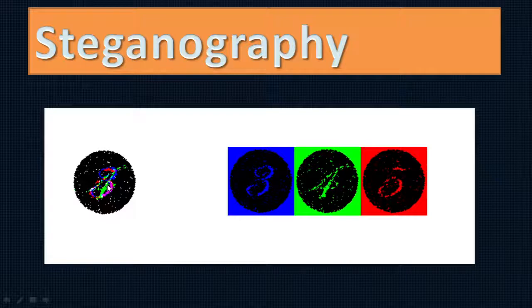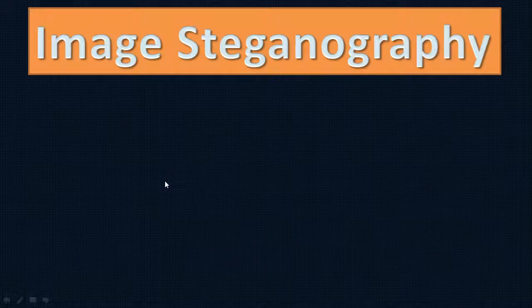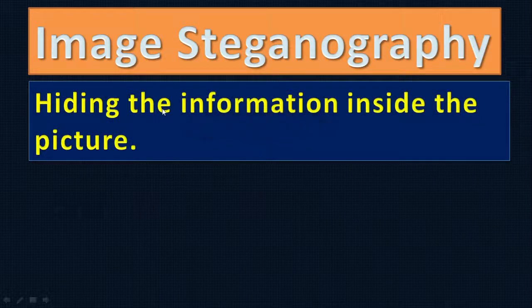Earlier, people used invisible ink. They wrote on some paper in a way that is not visible, but when you put it into water it becomes visible, or when you spray something on it, it becomes visible. So you need to do something to reveal it. This is what steganography has been for a long time. But now we can talk about image steganography. You can hide the information inside the picture. Hiding the information inside the picture is image steganography.